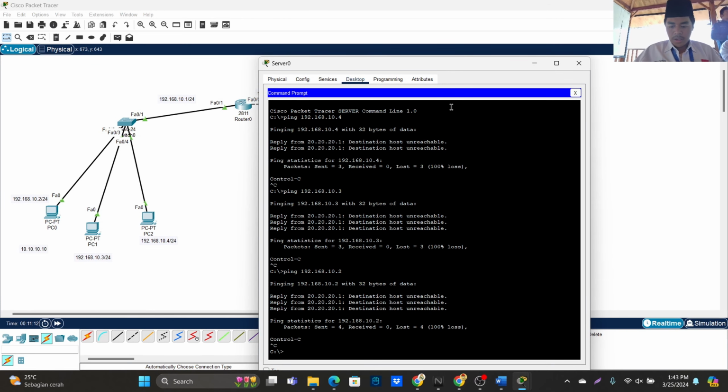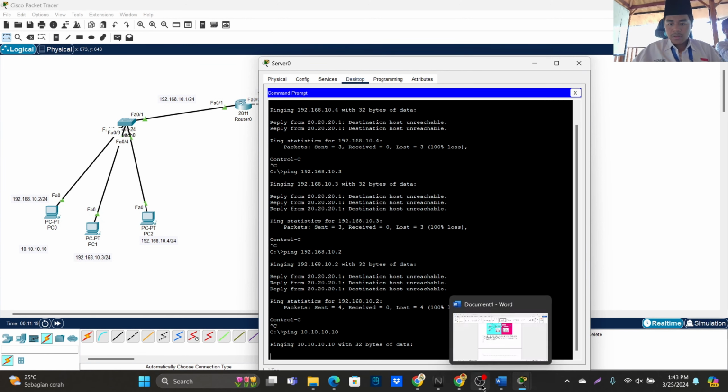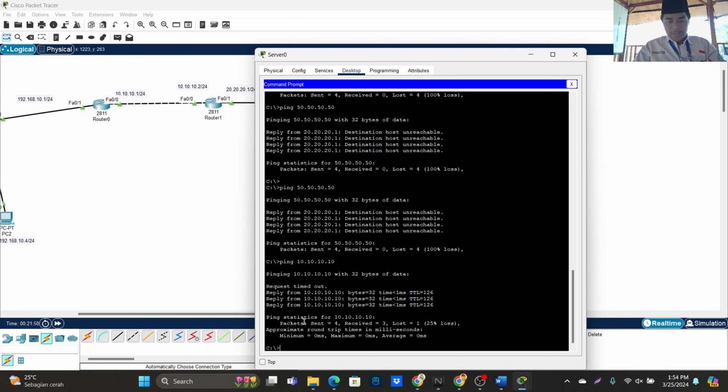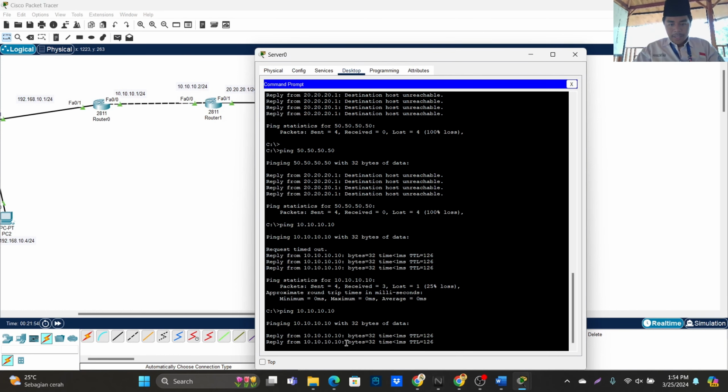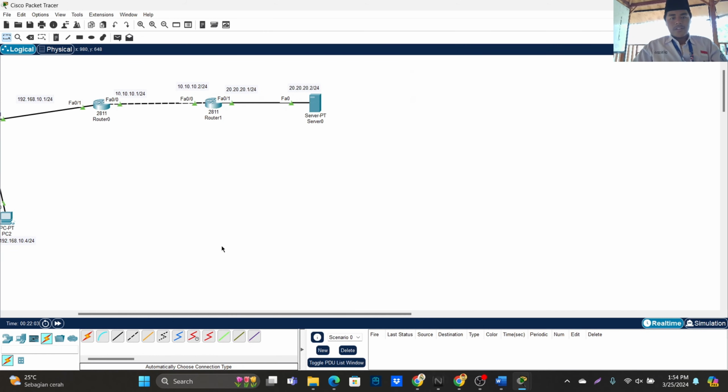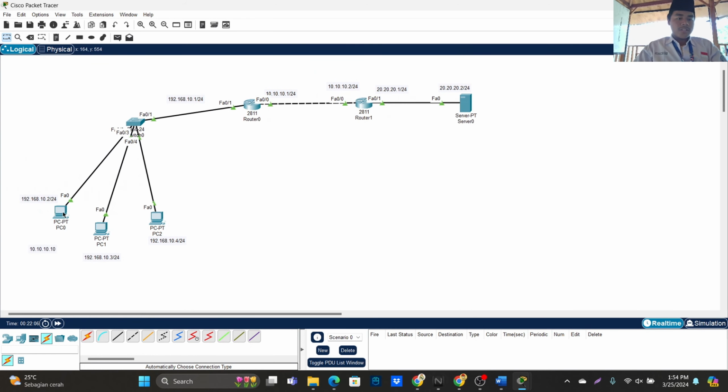But try 10.10.10.10. When we test ping, 10.10.10.10 replies. We can see here that there is a reply. So just this PC can connect to the server.